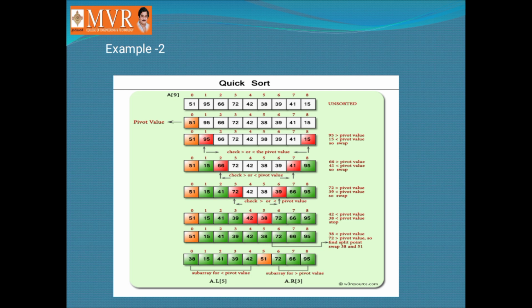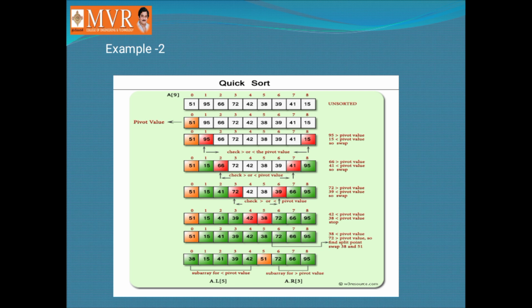I partition the list in such a way that elements before the pivot element are smaller and after the pivot element are bigger. After that, I will get a left sublist, that is, elements before the pivot element, and elements after the pivot element are called the right sublist. Here is a partition. As you have seen in the last line, my pivot element 51 is placed in a position where the left side and the right side lists are appearing. The left sublist and the right sublist are also appearing, but they are not sorted.